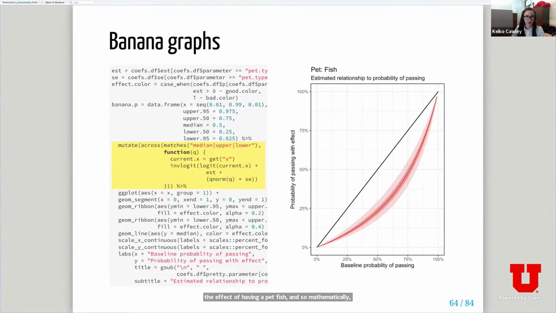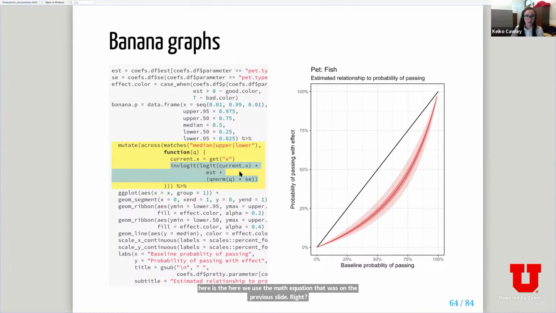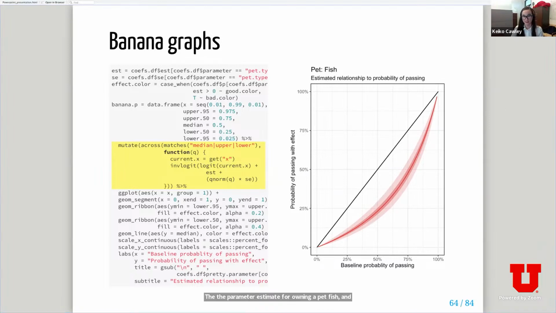And how you do this in R is, you have all the baselines here, right? We're going from 0.01 to 0.99. We don't go to 1 because of division by 0 issues. But then here we use the math equation that was on the previous slide. We take the inverse logit of the baseline plus the parameter estimate for owning a pet fish, and then the confidence interval. And you get this banana graph,